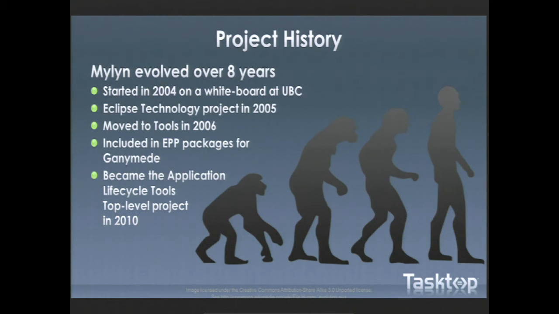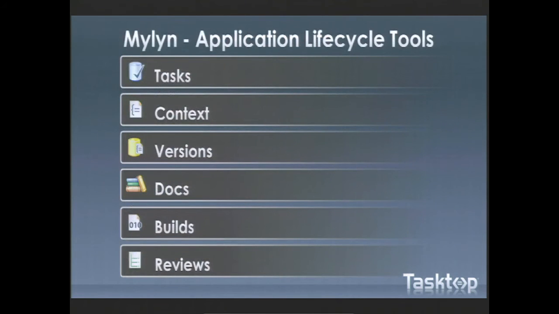And eventually, the project started expanding its scope from just tasks to also code reviews and builds in Hudson and Jenkins. And we decided to create a top-level project and split these different concerns into sub-projects. So the Mylyn project is now 6 or 8 different projects that cover concerns of the application lifecycle. The task integration does the Bugzilla, Trac, Jira, and so on integration, and there's builds and reviews for these new